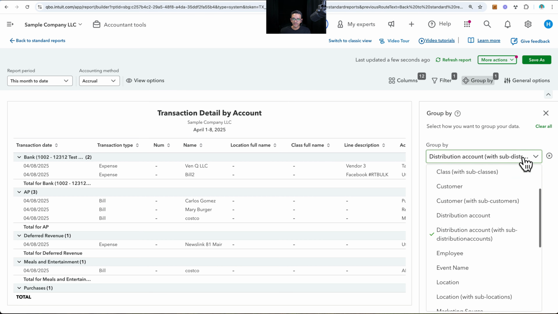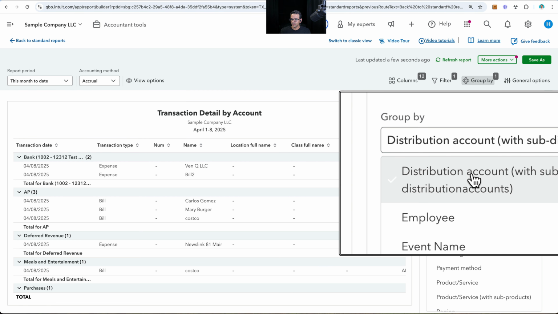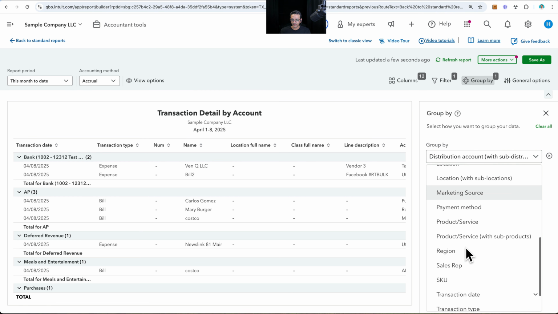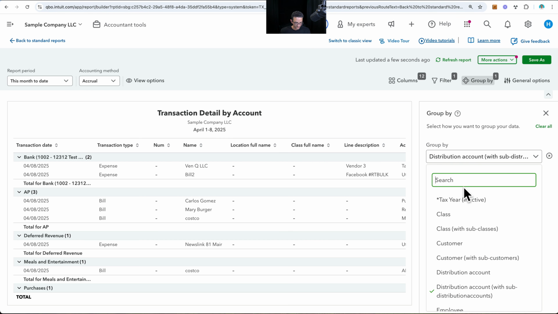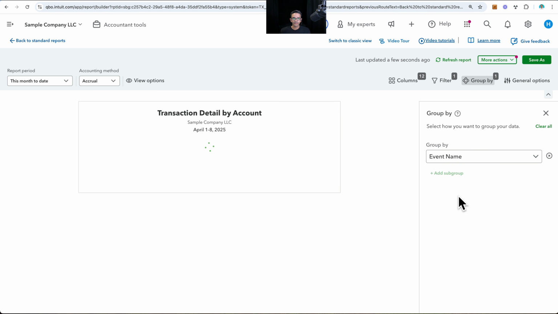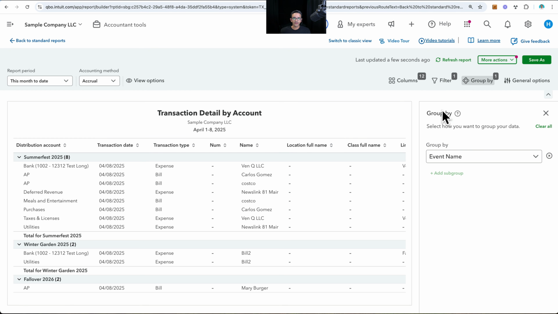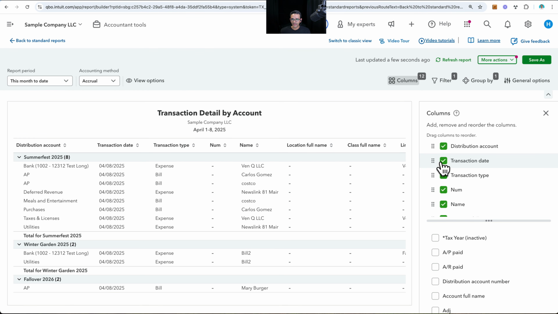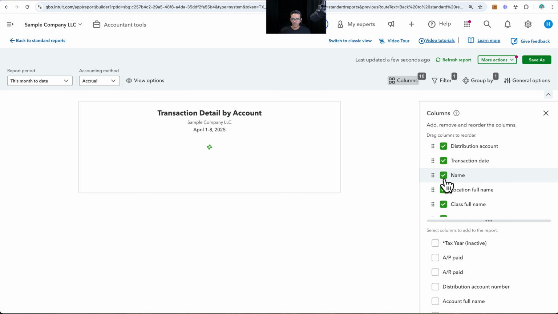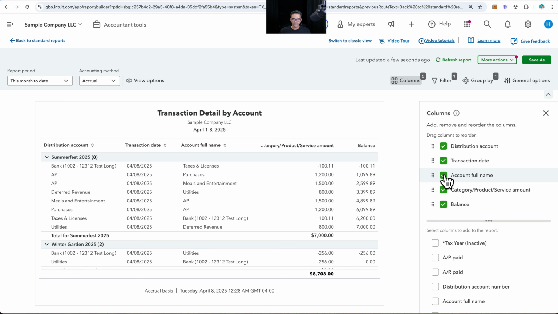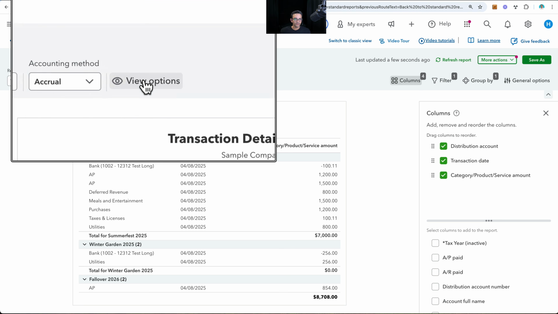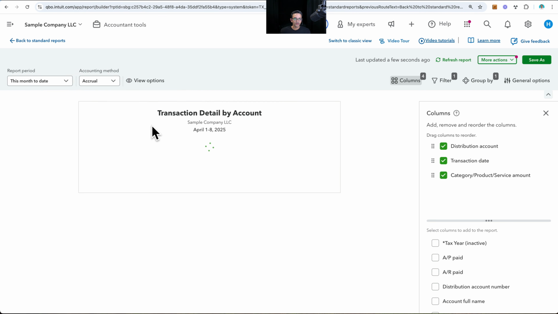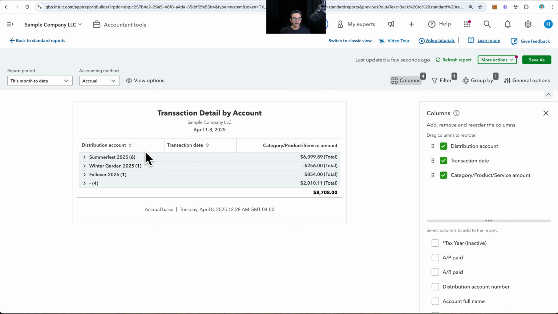By default, it groups by account. So in this case, I'm going to look for event name. Search it here, event name. And then I could get rid of some columns if I don't want to have that much detail. So we'll get rid of some columns here. That way we're just looking at a couple of things. Okay, and then I can go into view options, as I mentioned before, collapse, and now I got my expenses